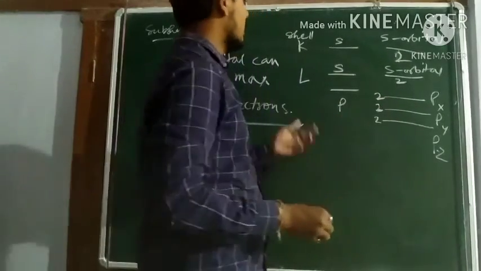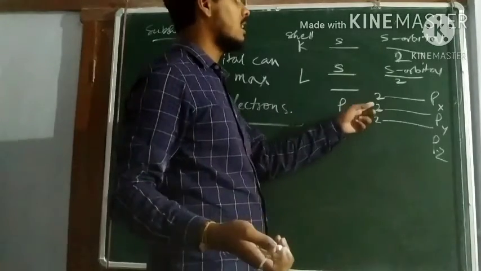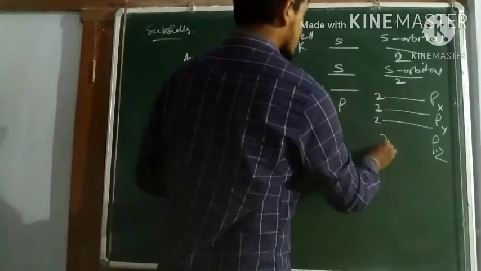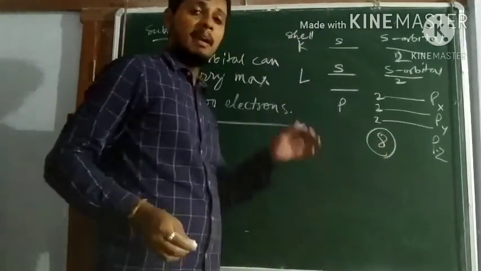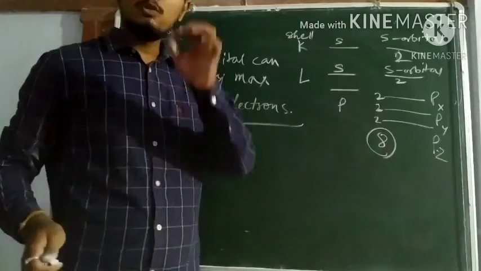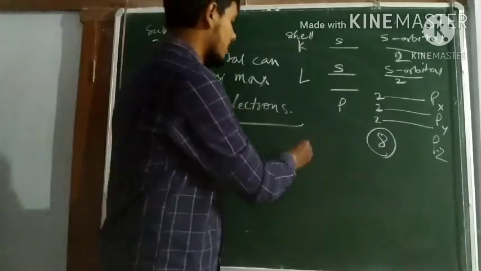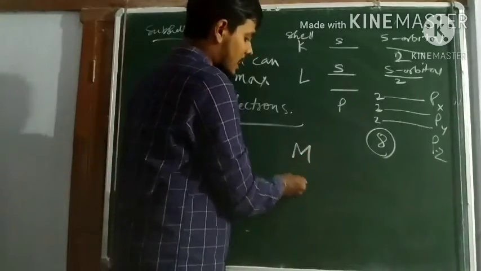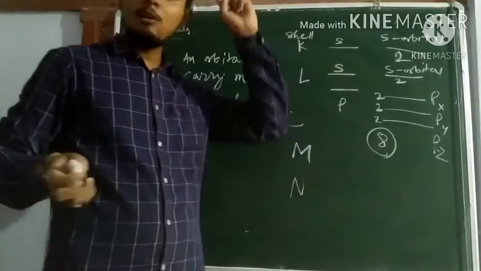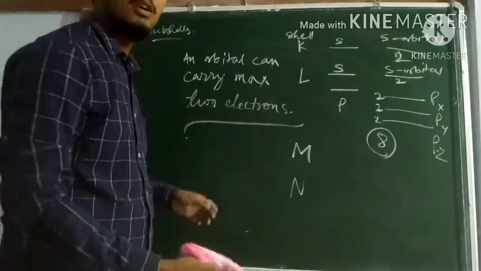That means L shellot total L shell maximum electron কেটা? এটা 2 টা 3 টা 4 টা 5 টা 6 টা 7 টা 8 টা. So total electrons, maximum number of electrons that can be accommodated in the L shell is 8. So what you do is you calculate the maximum number of electrons that can be accommodated in the M shell and N shell. M shell highest কেটা ইলেক্ট্ৰন যাব পাৰে আৰু N shell highest কেটা ইলেক্ট্ৰন যাব পাৰে. You find it out and submit as homework.